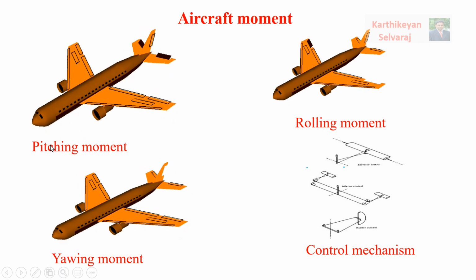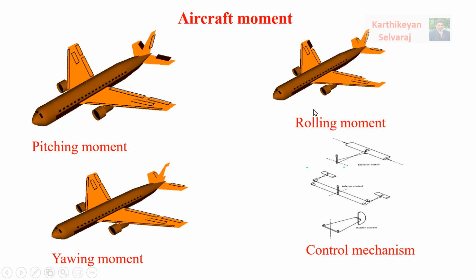For example, the pitching moment, which we already discussed. Pitching is the aircraft's nose going up and down, and it is carried out by rotation about your lateral axis. This will be controlled by your elevator. You have to consider three things simultaneously. In the pitching moment, the aircraft goes upward with rotation about the lateral axis, this is the lateral axis, and it is controlled by your elevator. From the stability point of view, this is longitudinal stability.